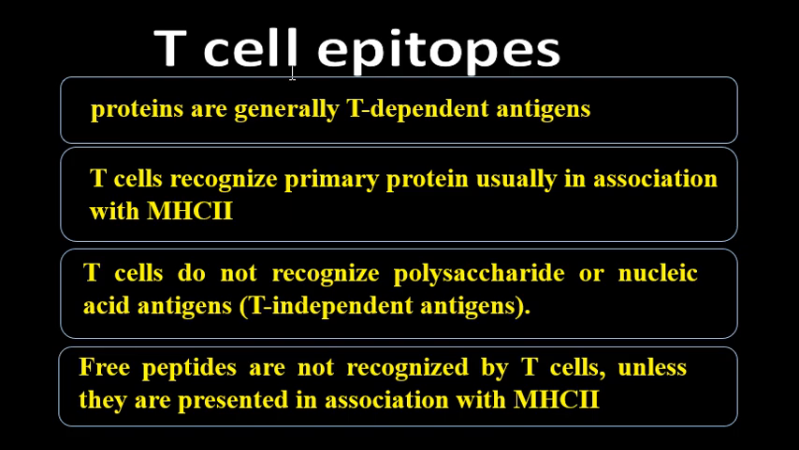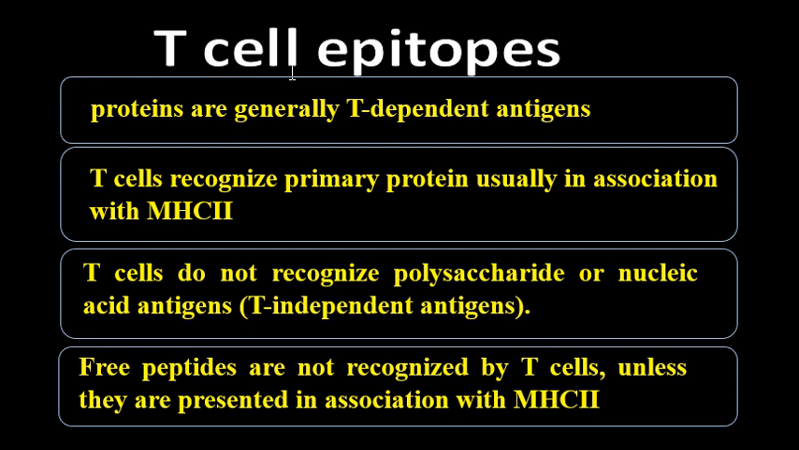So T cell epitopes: TCR or T cells usually recognize proteins, and T cells recognize primary protein. As I mentioned before, the T cell is a blind cell. Blind cell means that they cannot see tertiary or quaternary proteins, but they see only primary protein. For that reason, tertiary proteins get phagocytosed and processed into primary